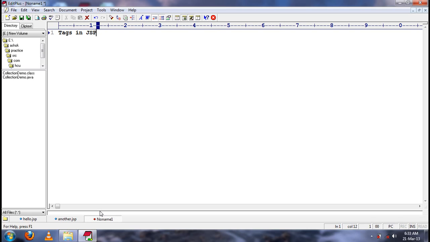So why are tags used? Rather than writing a set of business logic again and again in the JSP page, a set of business logic will be written in the backend, but on the JSP page, a tag will represent the business logic.